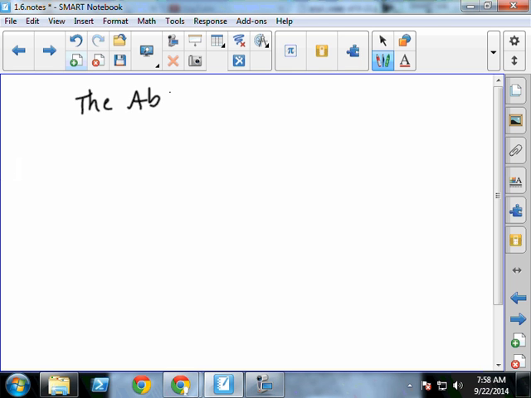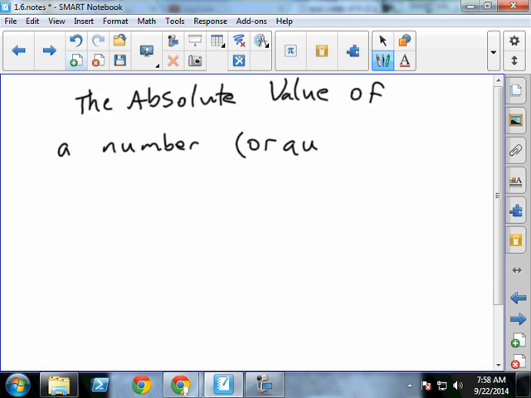The absolute value, better put an E in it, otherwise it's something else. The absolute value of a number or quantity. And I'm going to put this "or quantity" in here because nobody ever does. So the absolute value of a number or quantity is,